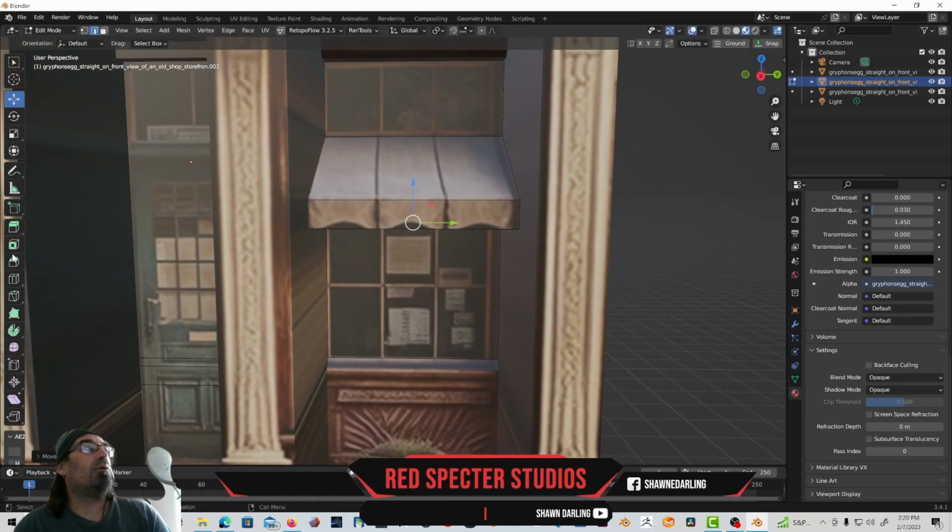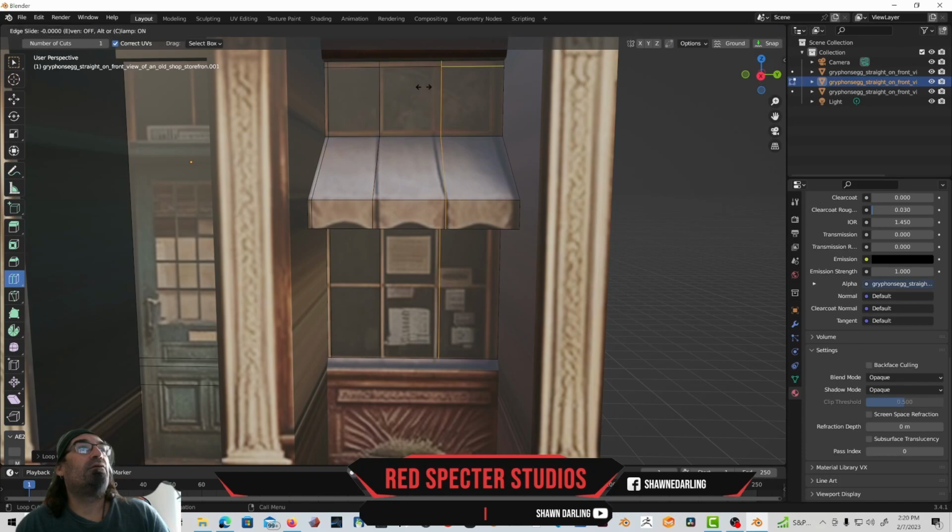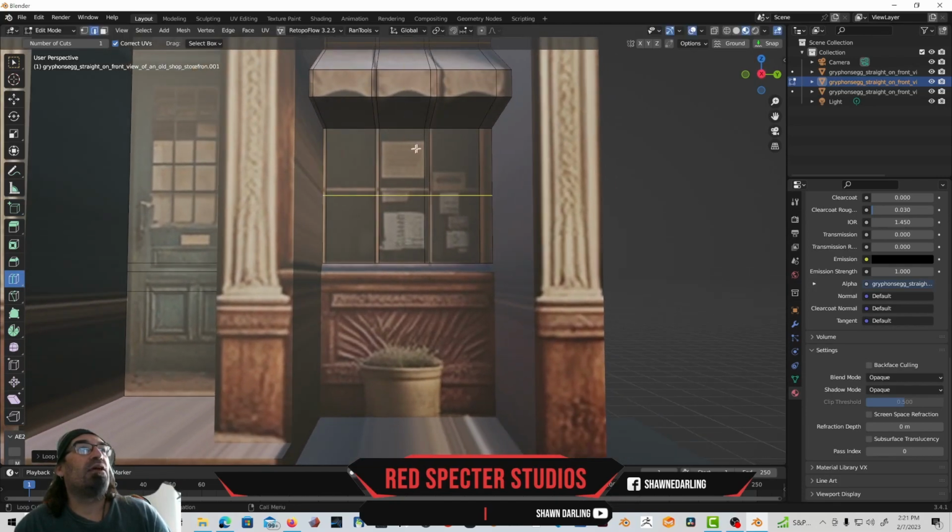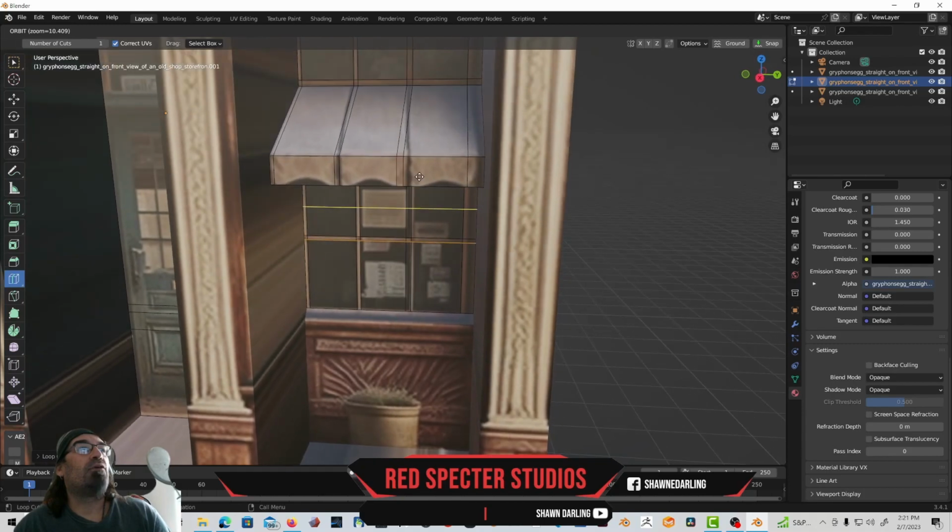And then we can go ahead and throw in some more edges for these other parts. The little lip there, that lip there, and keep going until you get all of them selected. And at this part, all we have to do is think about cutting our windows out. That's what we're really trying to do. And once we have all those done,